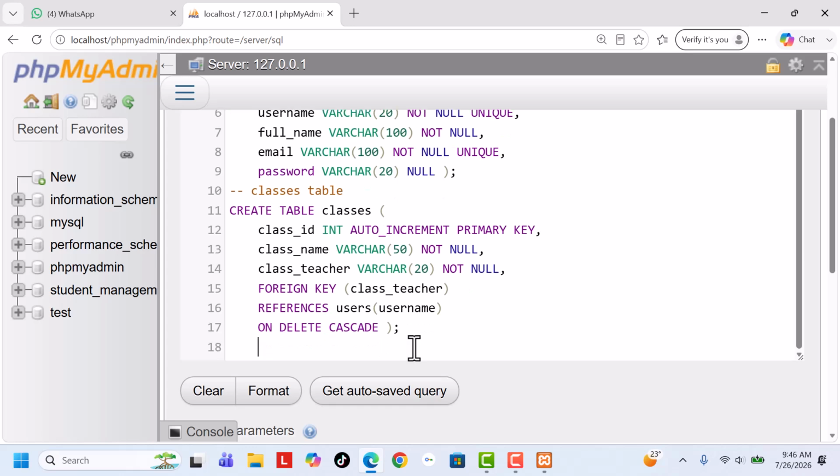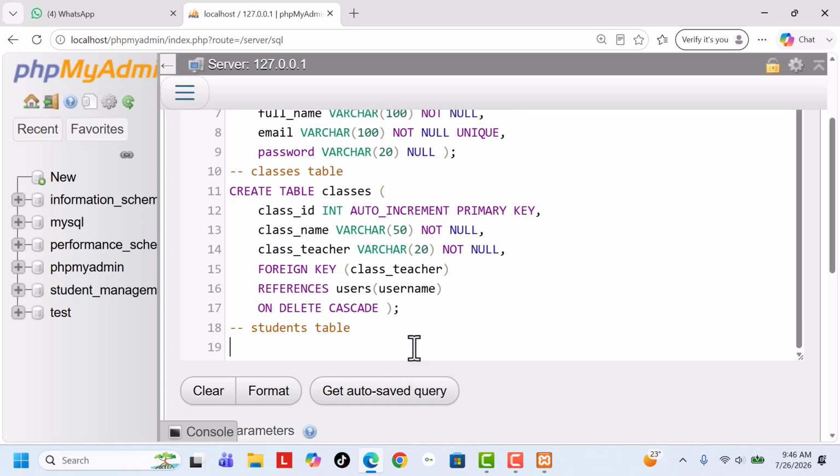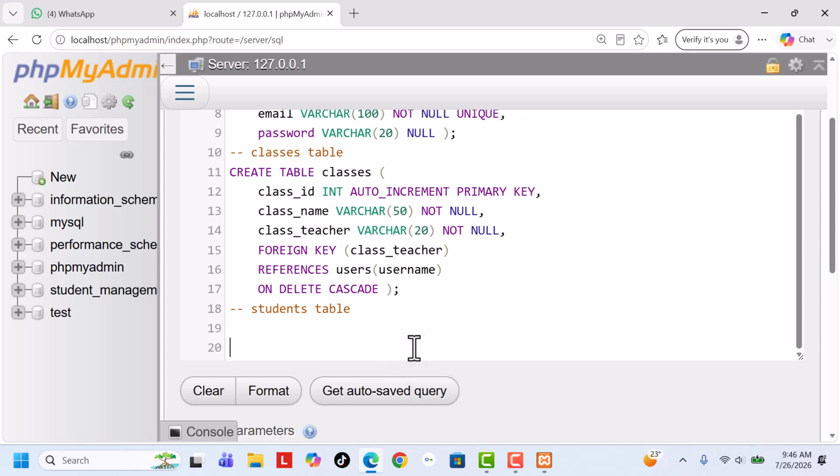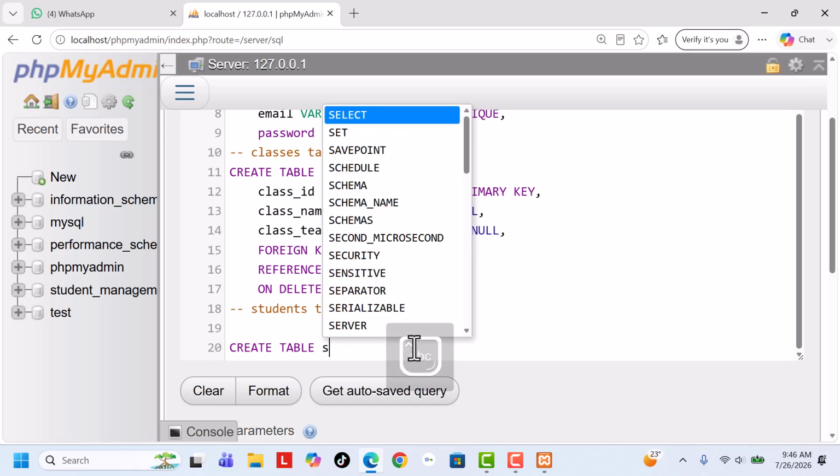Okay, now after creating classes, we are going to create the student table. Now, how do you create the student table? We type create table students,